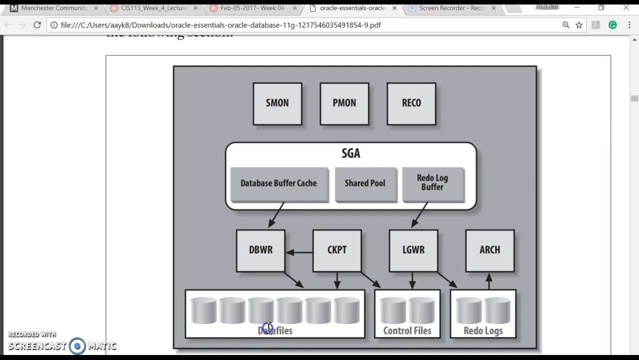This is our database, which contains 3 types of data: data files, control files, and redo logs. And this is the instance, which is the system global area, where it contains the database buffer, shared pool, and redo log buffer, and these are our processes